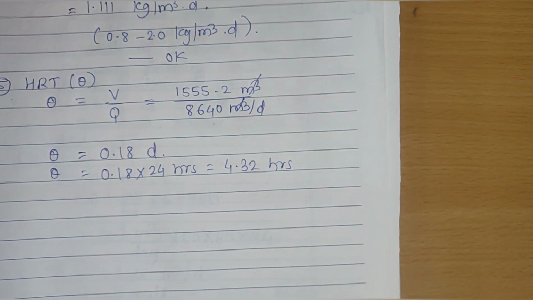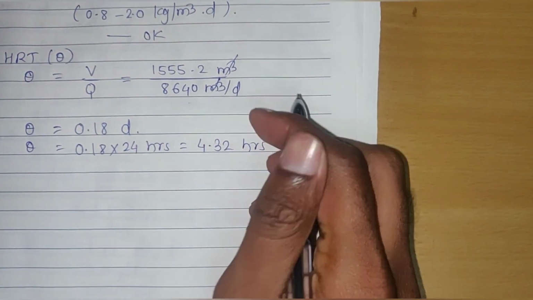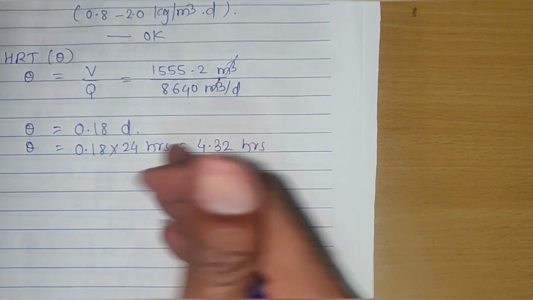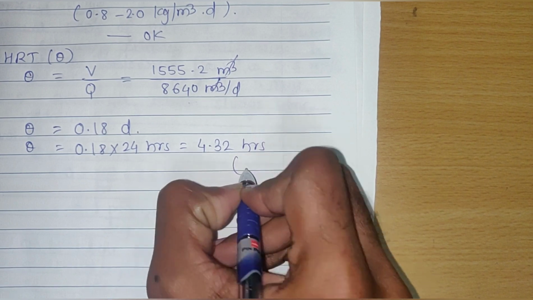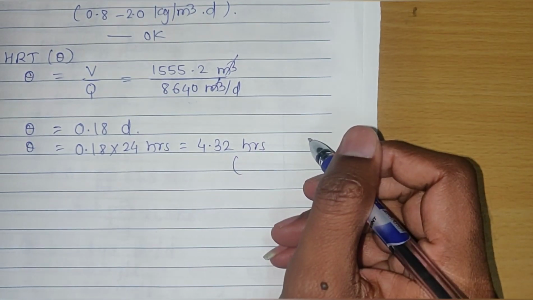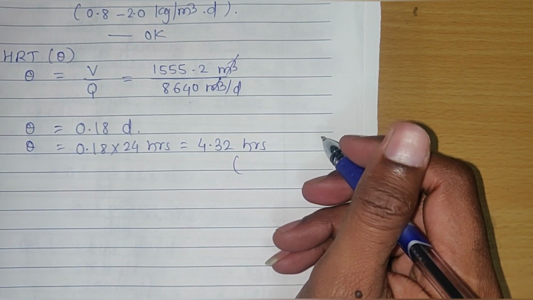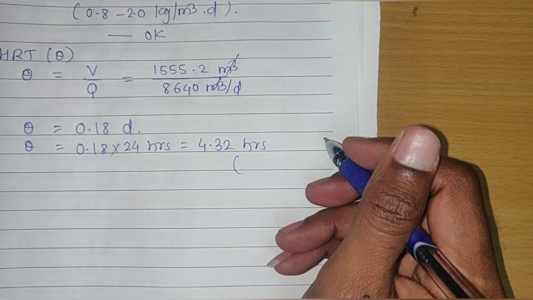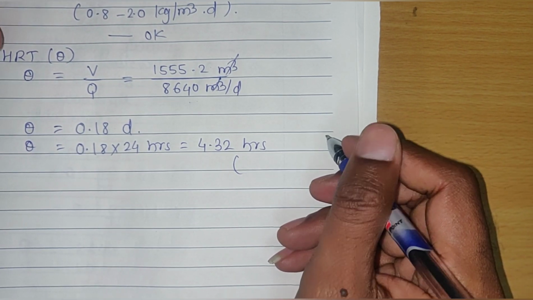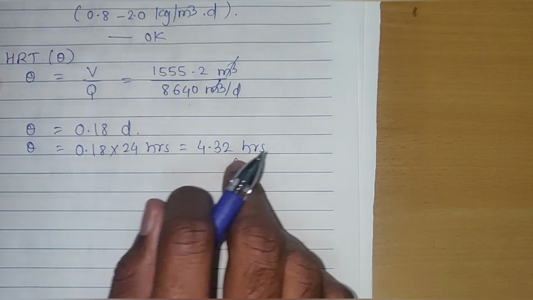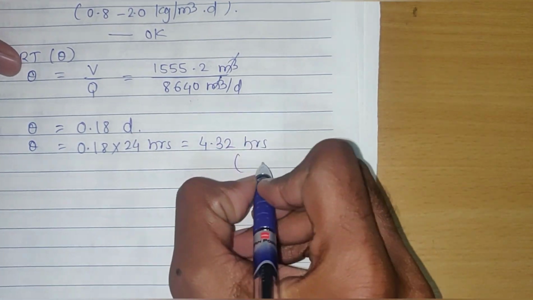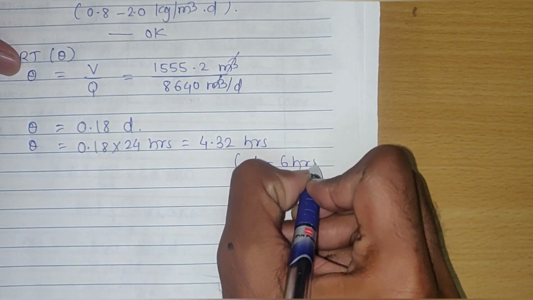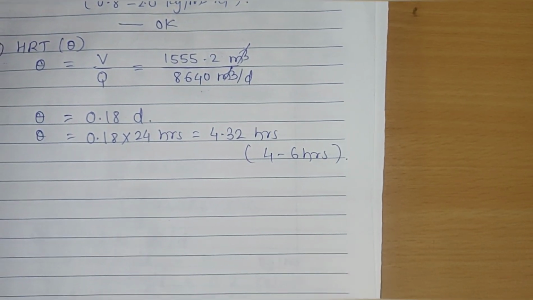Okay, then you can also take HRT as a check parameter, but there is no need of taking a check because we have already taken the check for organic loading rate and food to microorganisms ratio. Simply I will write the range for the hydraulic retention time here, 4 to 6 hours. Okay, then